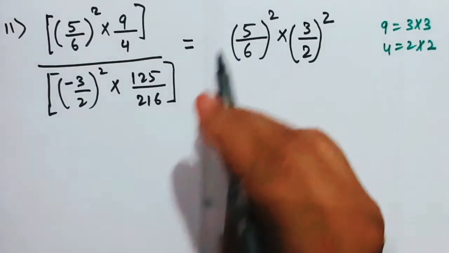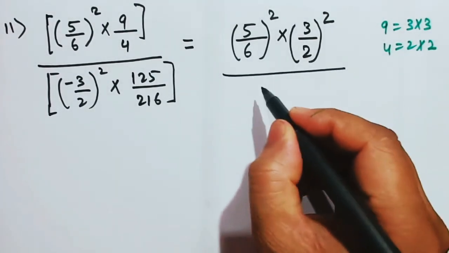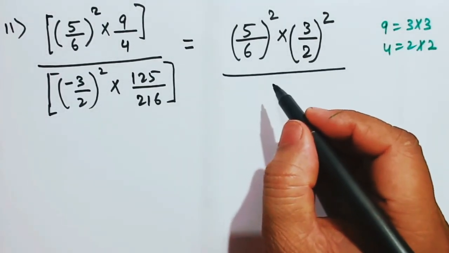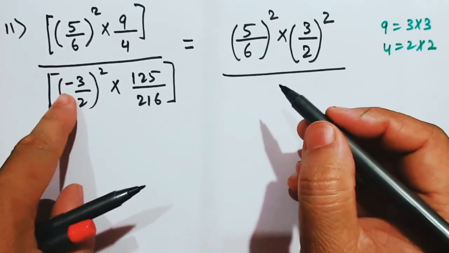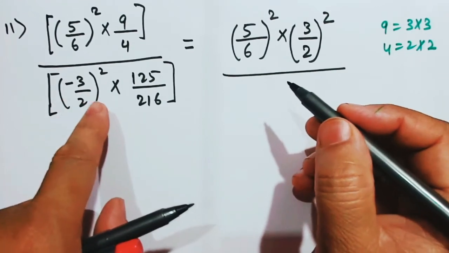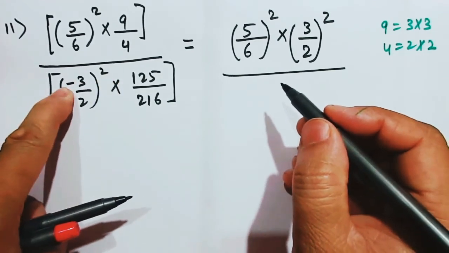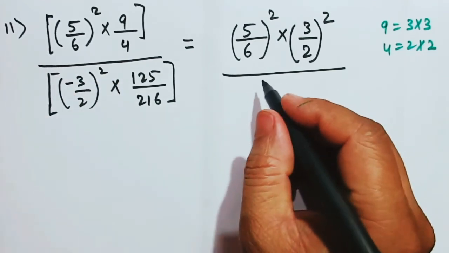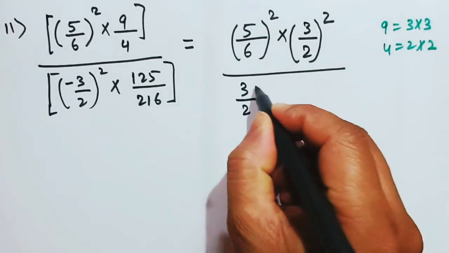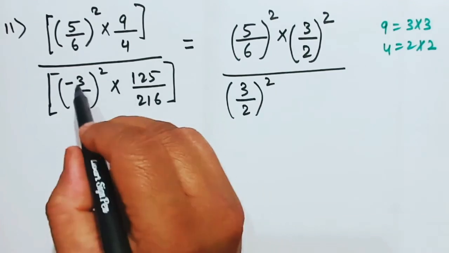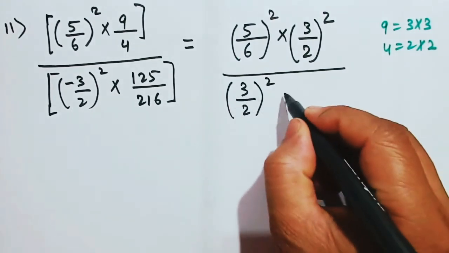Now the whole is divided by minus 3 by 2 square. Whenever we have an even power over a negative number, it becomes positive. Therefore this can be written as 3 by 2 whole square, because minus whole square becomes positive, so no need to mention this, multiplied by